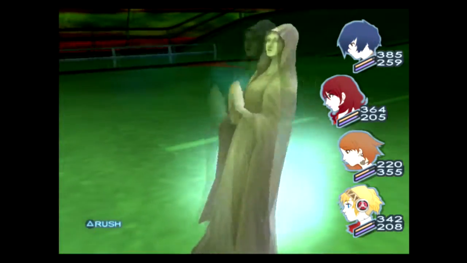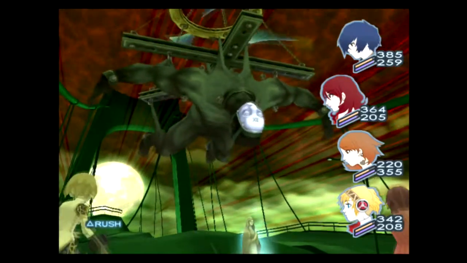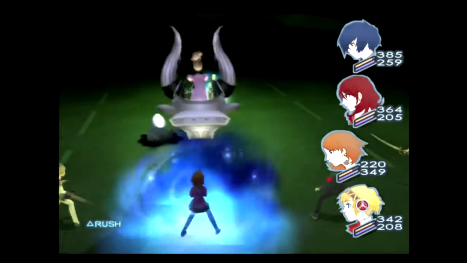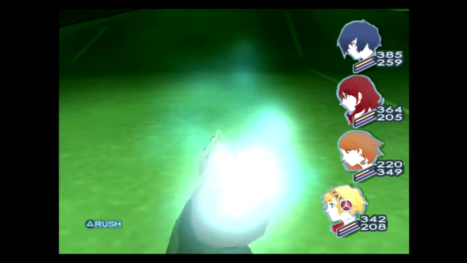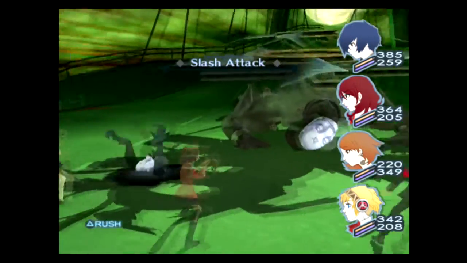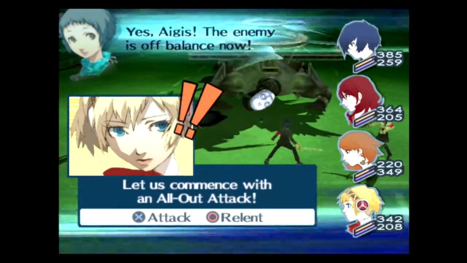Ideally, you'd have someone like Akihiko and maybe like Junpei for this. Well, no, Junpei maybe not, because I think he's weak to ice. Except for that, like, after his transformation, which I don't think's happened yet. But anyway, once all three fall down, it falls down, and you can get an all-out attack if it's by itself. Or if that happens right there. With an all-out fatal